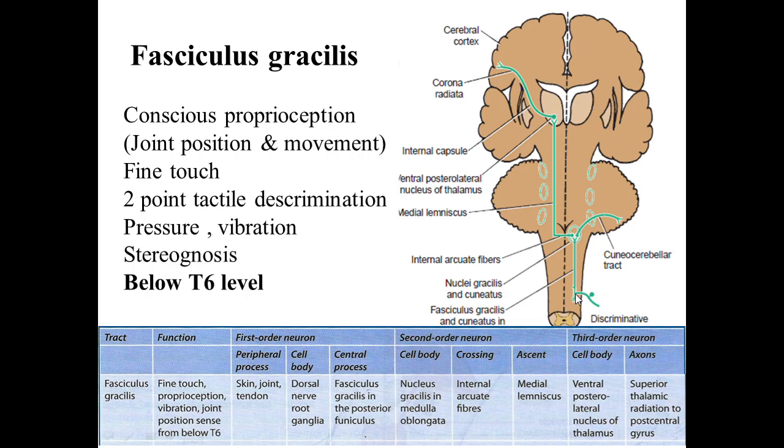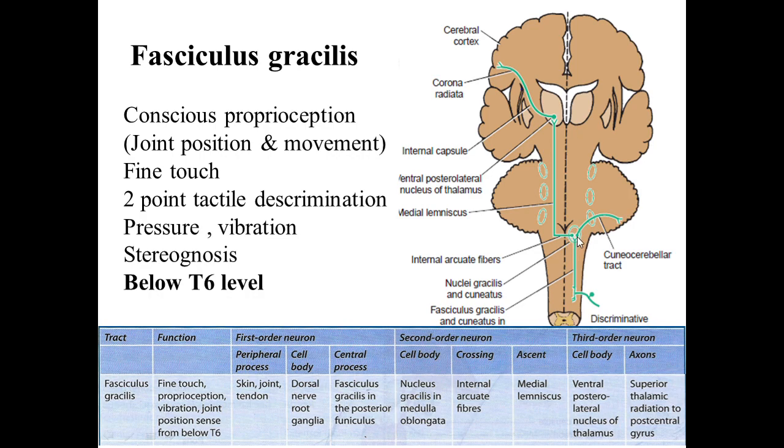From here, the fibers ascend up to the lower part of the medulla oblongata. This is the medulla oblongata. So the fibers from the fasciculus gracilis ascend up to the lower part of the medulla oblongata, where these fibers